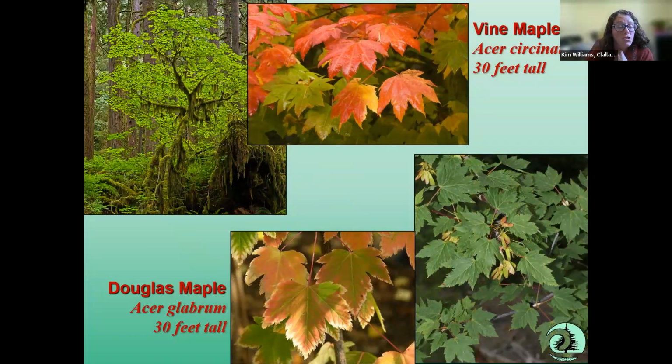Then I'm going to talk about our two smaller maples. We have vine maple and Douglas maple. Vine maple is on the top and gets to be about 30 foot tall. It can grow under canopy. It can also handle sun as well. It thrives a little bit better under shade. And if you look at the leaf of a vine maple, the way to tell the difference